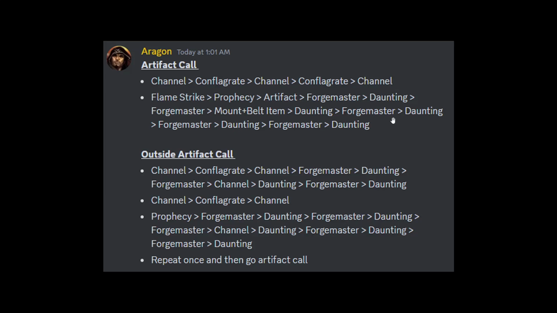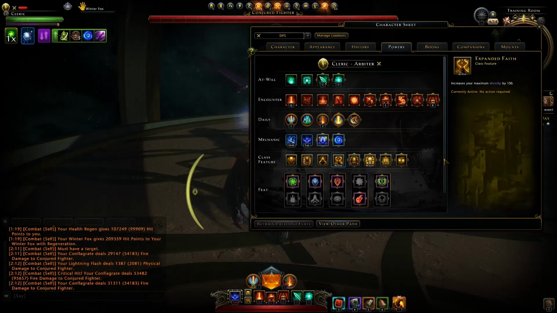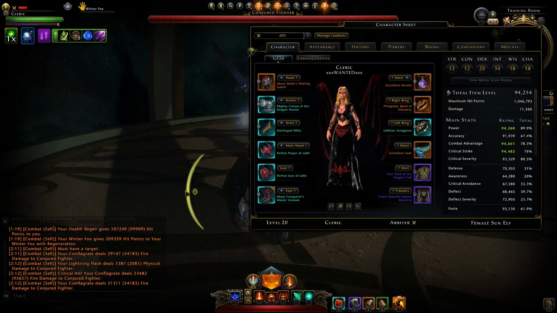So then outside of the artifact call, you're going to immediately jump to this, casting 1 Conflagrate, then doing your 3 Forge Masters and 3 Dauntings, then doing another Conflagrate, then your Prophecy, then 5 Forge Masters and 5 Dauntings, and then you're going to repeat all that again before jumping into the artifact call. So that's the exact rotation, and it requires this exact setup with, yes, Expanded Faith and the plus divinity arms,